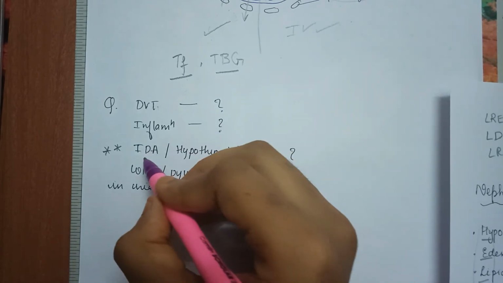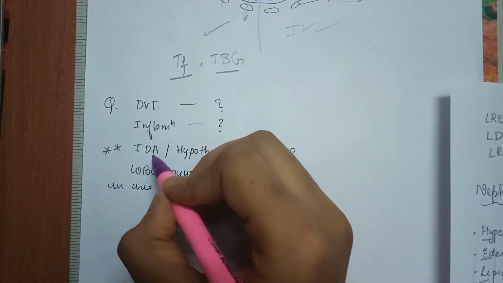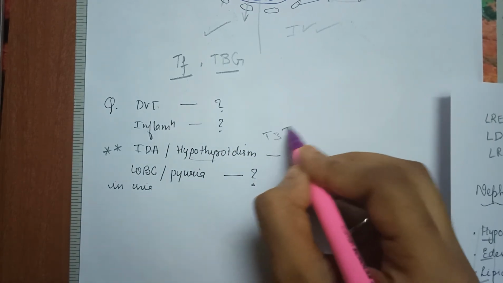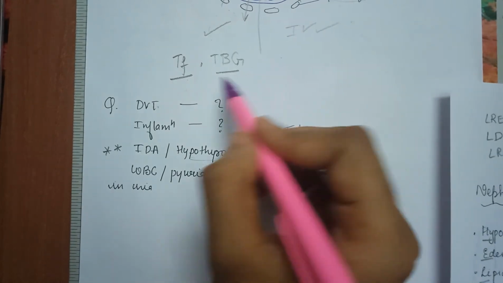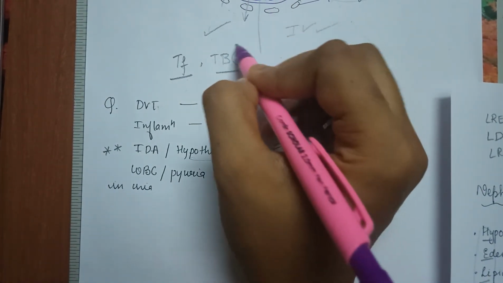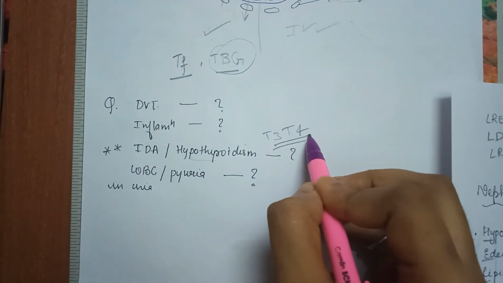Now you know how to differentiate this from normal. In normal, if there is iron deficiency anemia, when we give iron tablets or supplements, that is curable. Even hypothyroidism, by giving T3 T4 you can treat him. But here, even if you give T3 T4, since there is damage here and there is loss of thyroxine binding globulin, you cannot treat him with T3 or T4.